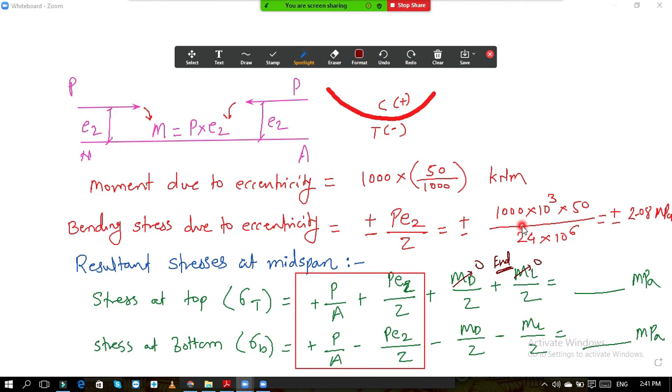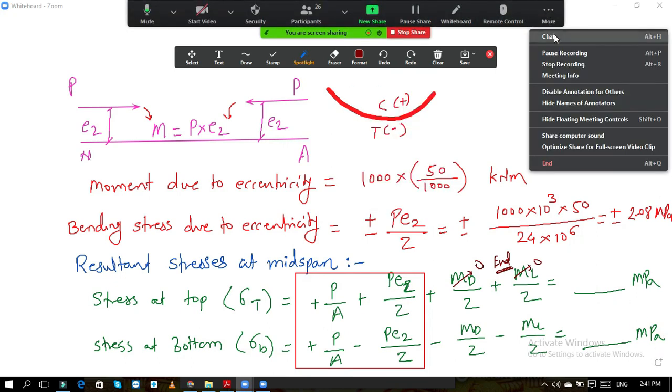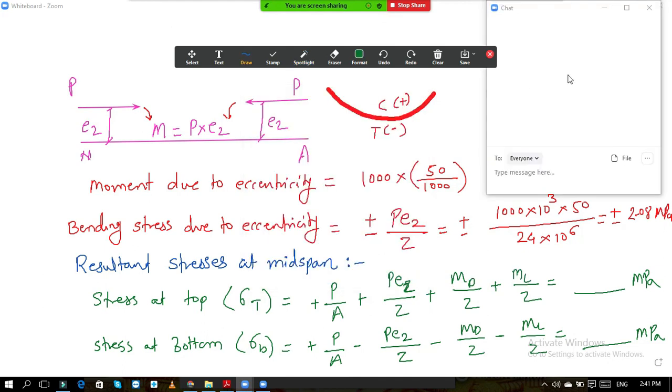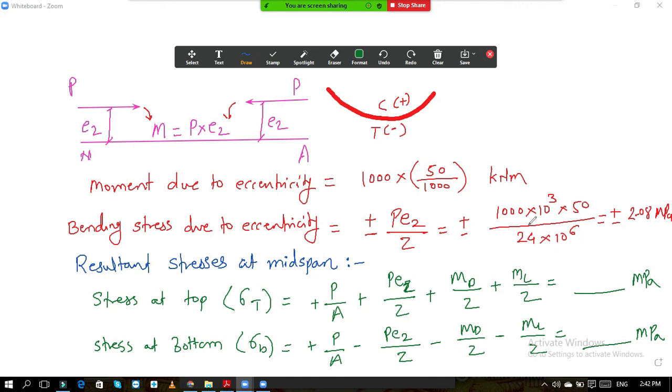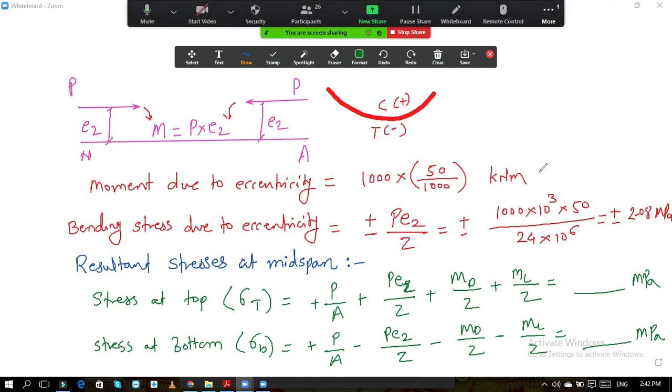So all this we have seen for the tendon which is having a bend profile. So have you calculated the values? Let me know in the chat if you have calculated the values. See, if you do the calculation like this, when we are going to complete all the things and solve quickly, otherwise how will we spend two hours on one problem, one hour, two hours? Then your syllabus will remain pending.